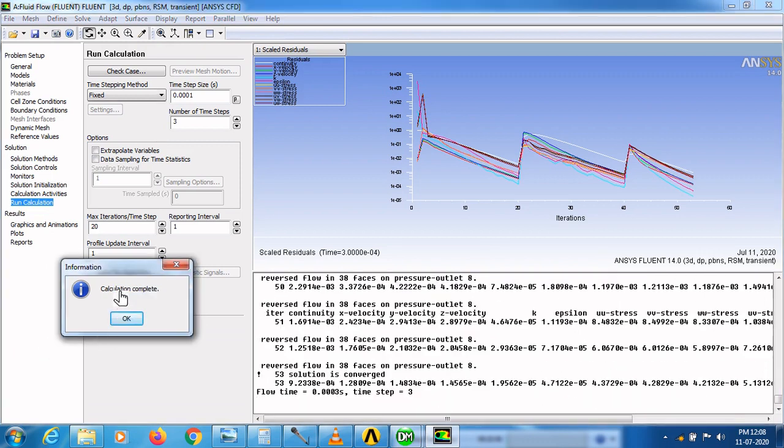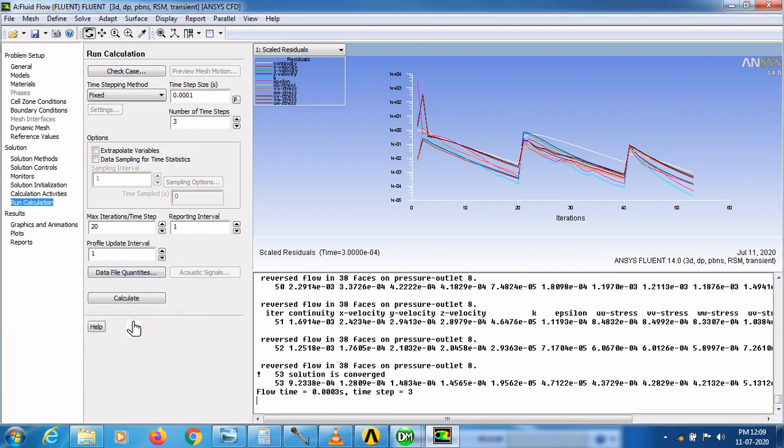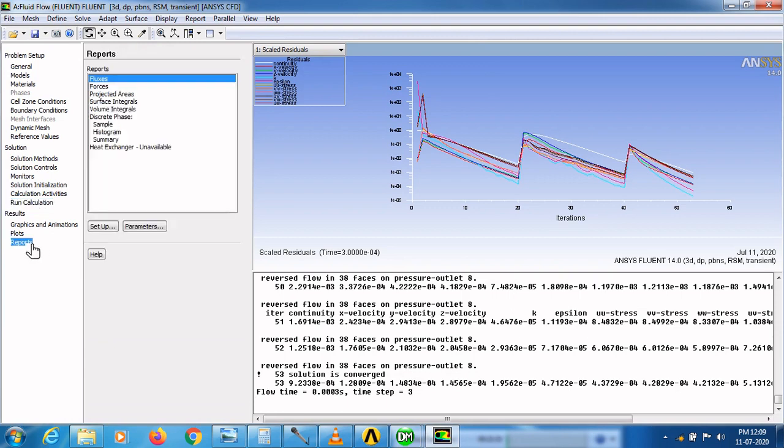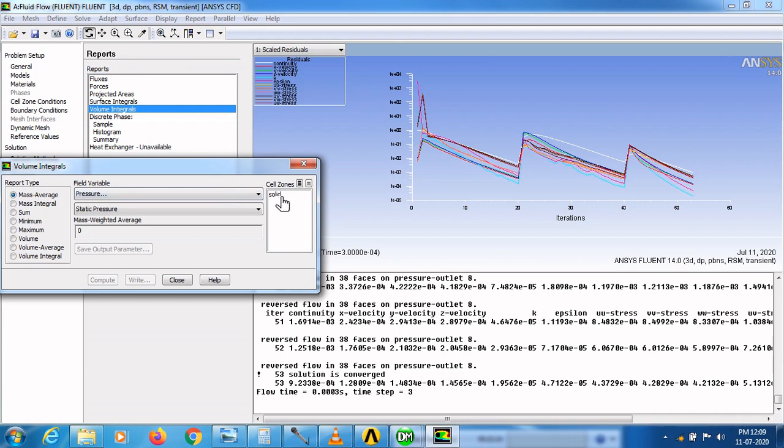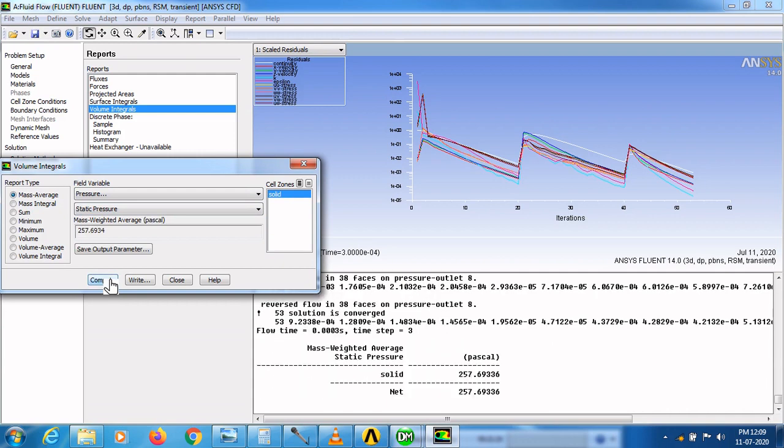Now you can see the calculation is completed. Here you can see the solution is converged, and click OK, and then go to reports option and select volume integrals. In field variables, you have to select pressure and static pressure and select solid in cell zones, and in report type you have to select mass average and click compute.